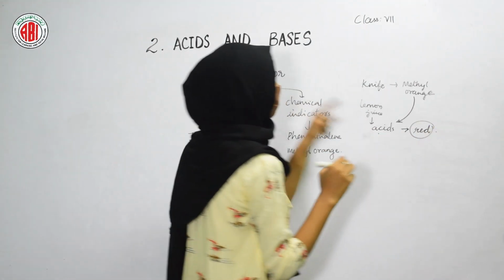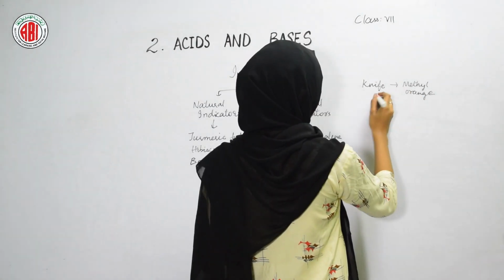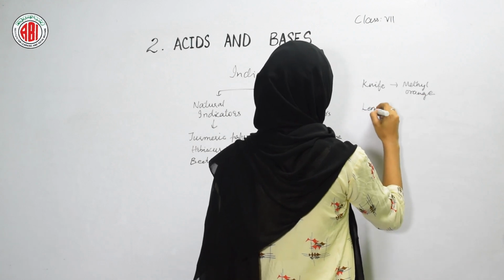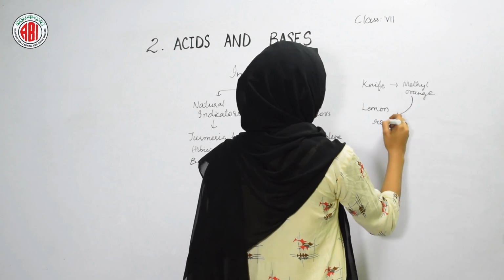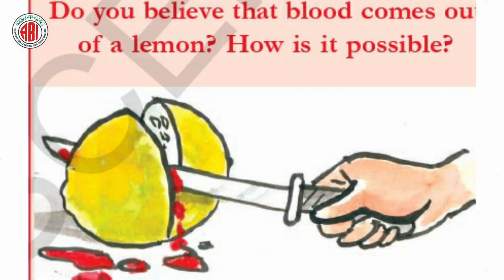In this way, whenever we dip the knife in the methyl orange solution and cut the lemon with this knife, then the lemon shows the red color. We know that lemon contains acid, so the acid which is present inside the lemon, when the methyl orange combines with it, the color changes